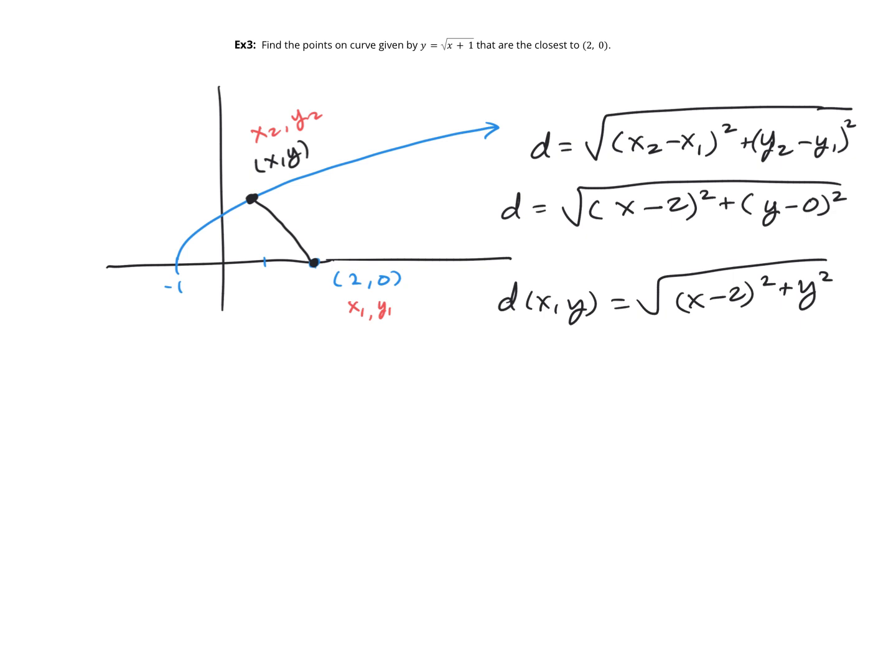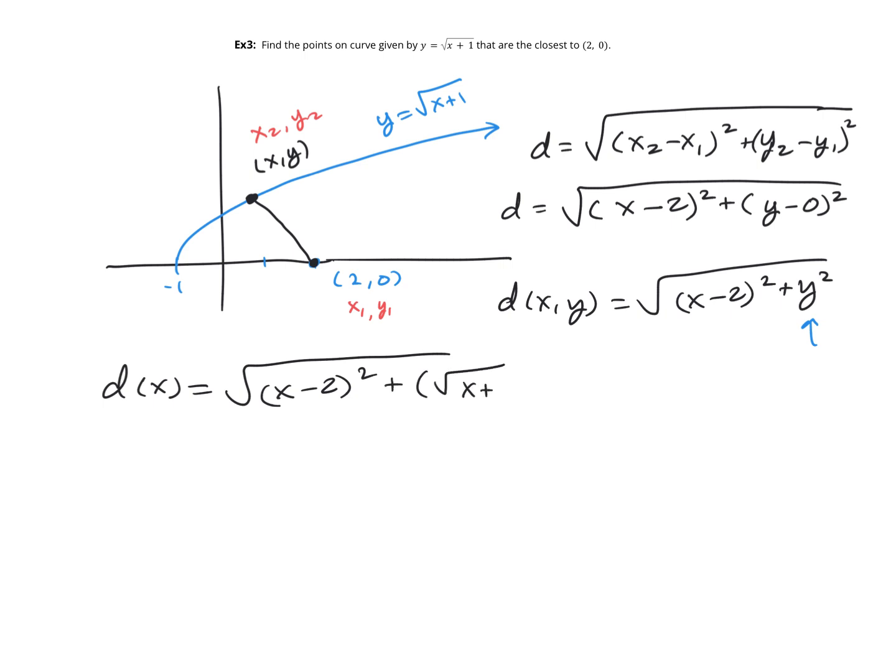And we know that y is always given by the square root of x plus 1. That's the graph we have. So we're going to replace that y with the square root of x plus 1. So our distance function in terms of x is the square root of x minus 2 squared plus the square root of x plus 1